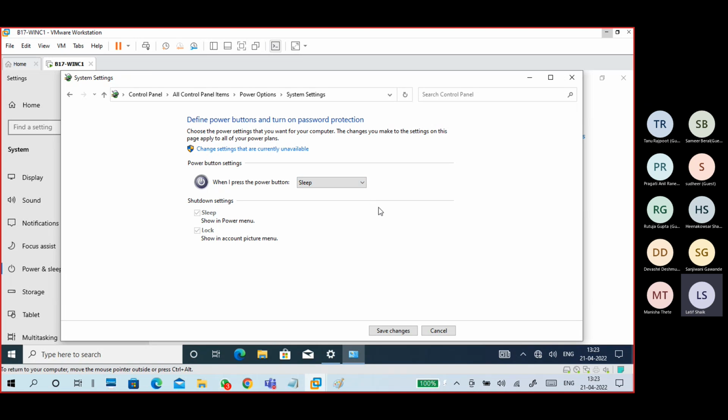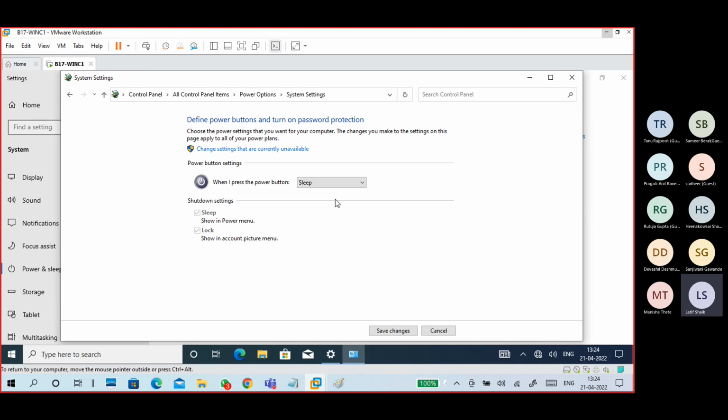Now you configure it for sleep. If you want to put your system in sleep, just press the power button, it goes to sleep. You can configure these options. Sleep, hibernate, disable mode, like this. Do nothing: sometimes at home small kids are there, they're roaming and they press the power button, and the system shuts down. So what you have to configure? Do nothing. Do nothing.